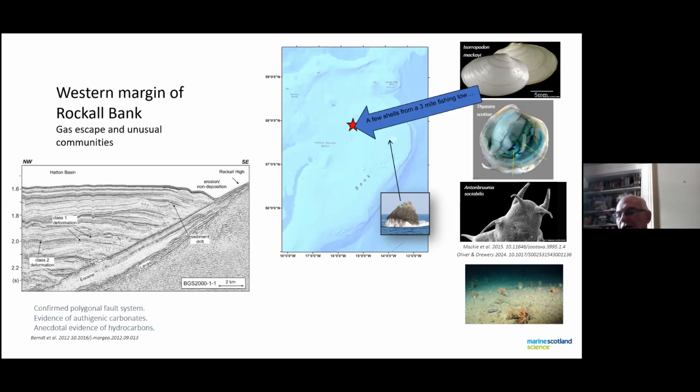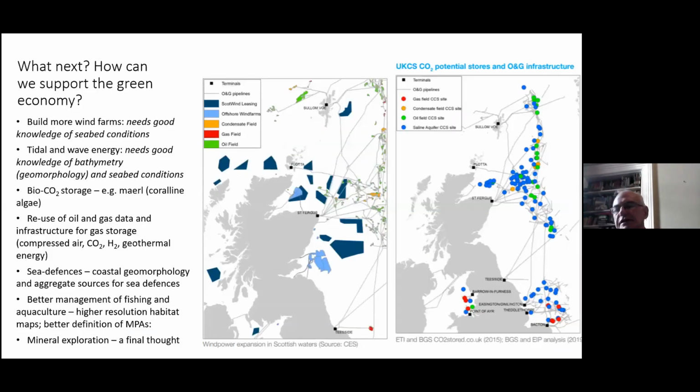So that's a really quick view of quite a lot of different things that you can see on the seabed, and I think it's probably really useful to try and get that message out somehow, that there are these fantastic different environments and geomorphology and habitats. And I just wanted to finish up with a few minutes on what next and what does this all mean